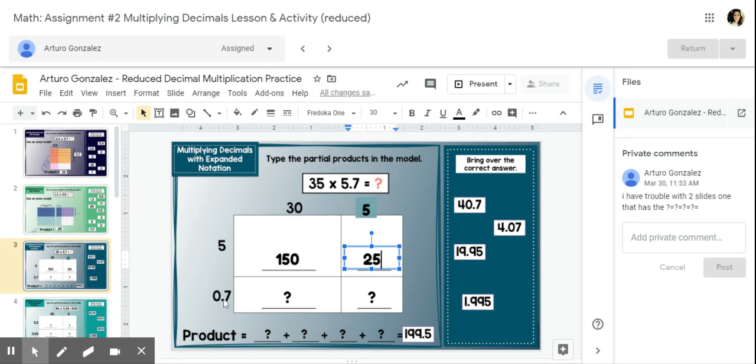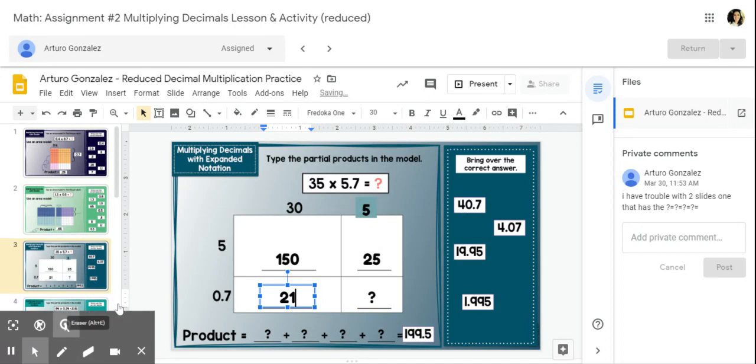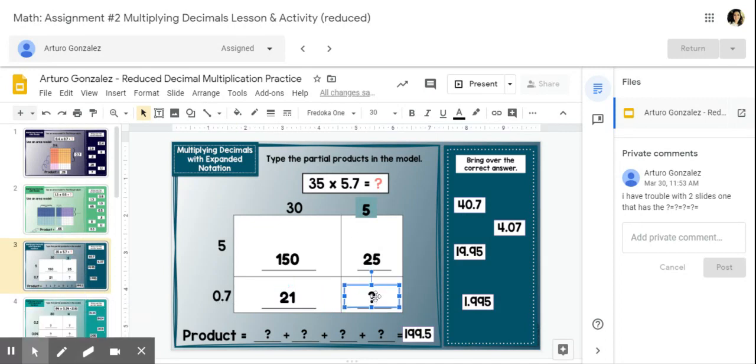Then I go on and I multiply 7/10 times 30. And so understand that when you're doing that, the 7/10 times 30, you're taking these 7/10 and now you're multiplying it times the 3. So 7/10 times 30 is going to give me, let me just do the math real quick. It should give me 21. Then I'm going to do the same thing and I'm going to multiply 7/10 times 5. And 7/10 times 5 should give me